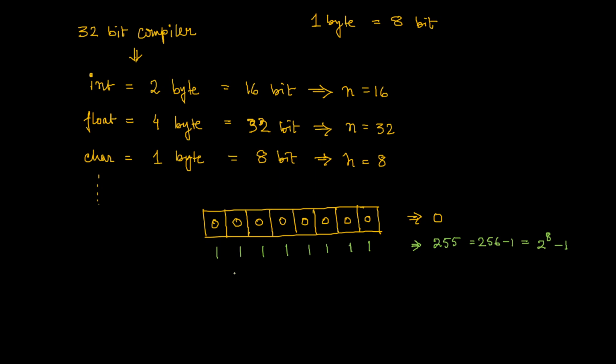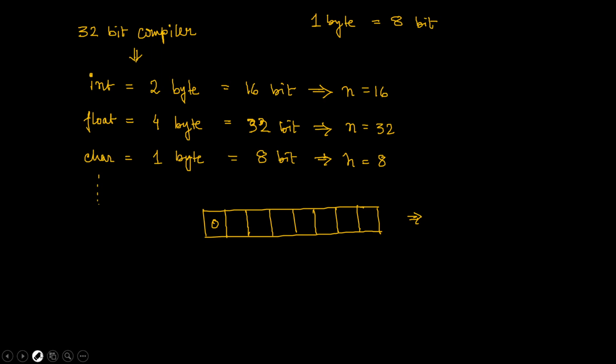Now if we think about a signed number or signed character especially, that means if we think about the signed positive value, then let's try to realize it. Obviously minimum positive value is 0. What is the maximum positive value? Maximum positive value: sign bit is 0, other bits are 1.